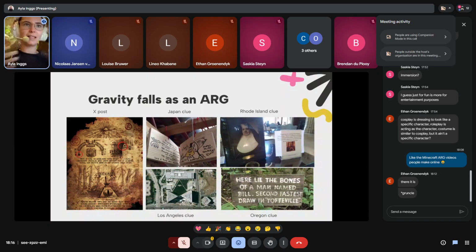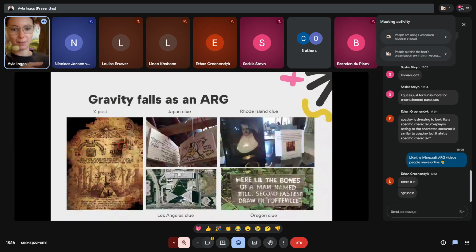How crazy is it that you get to be a part of something like that, or it's part of your everyday life now? So yeah, people started sharing the clues from Japan, Rhode Island. The Rhode Island one is a great example. Basically, they put a poster in a church next to a picture of a nun, a non-existent nun, and there was a number on the nun's picture that you could call.